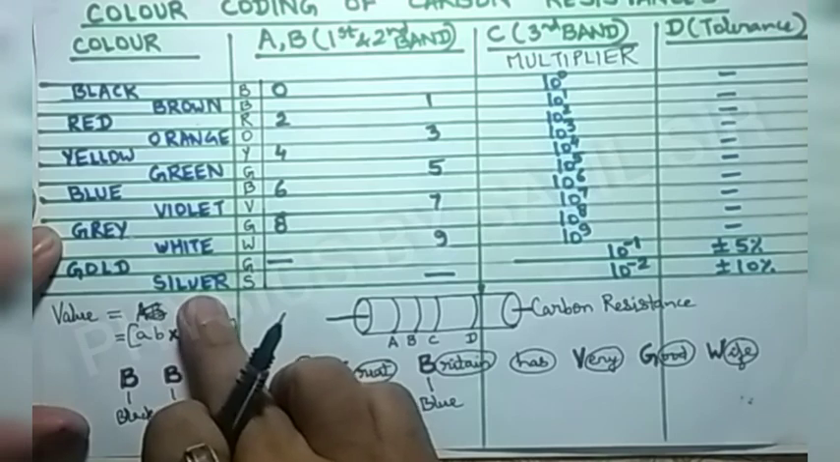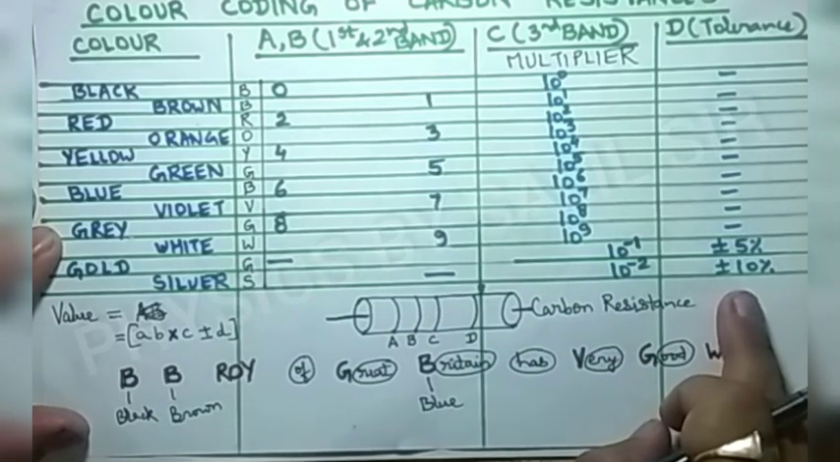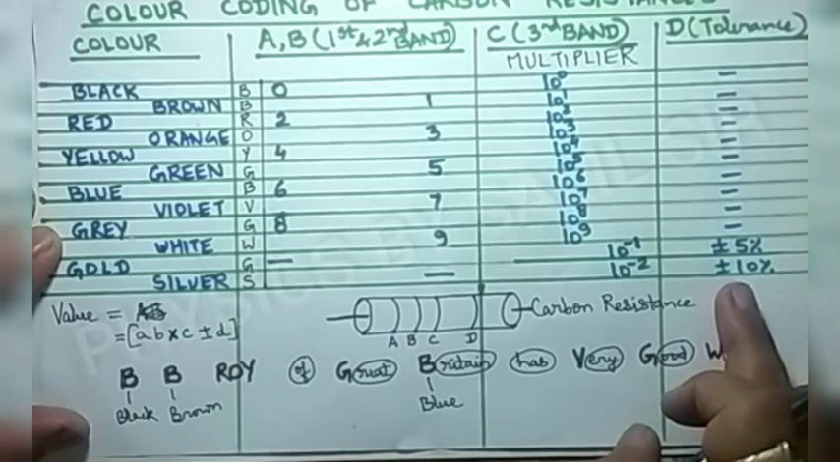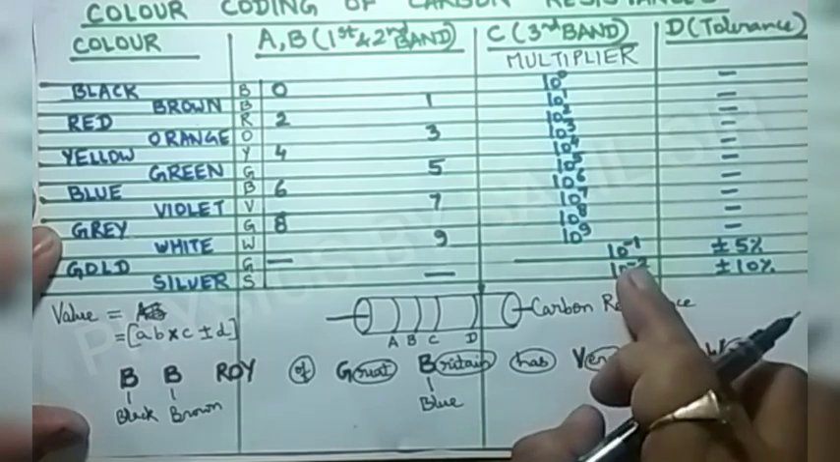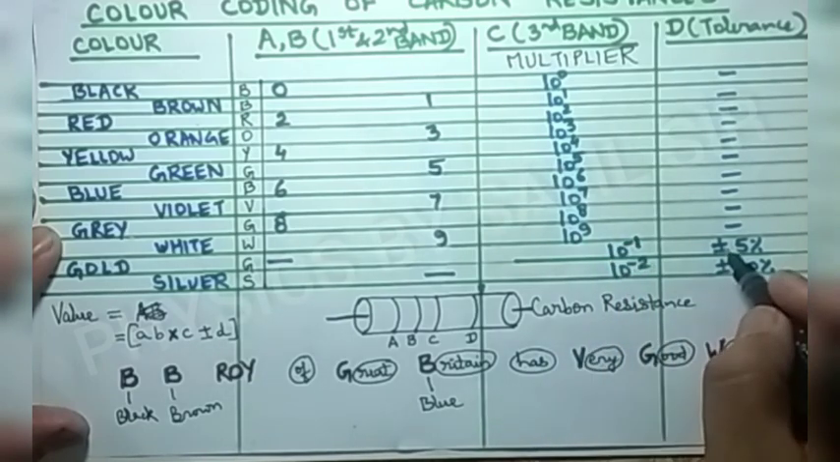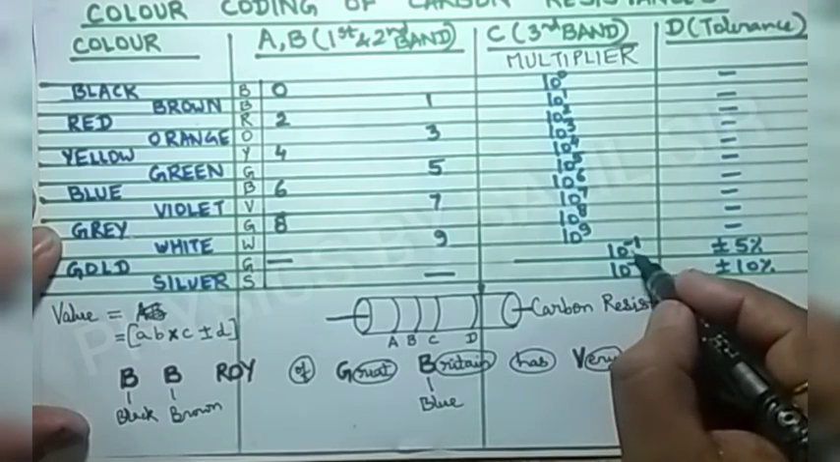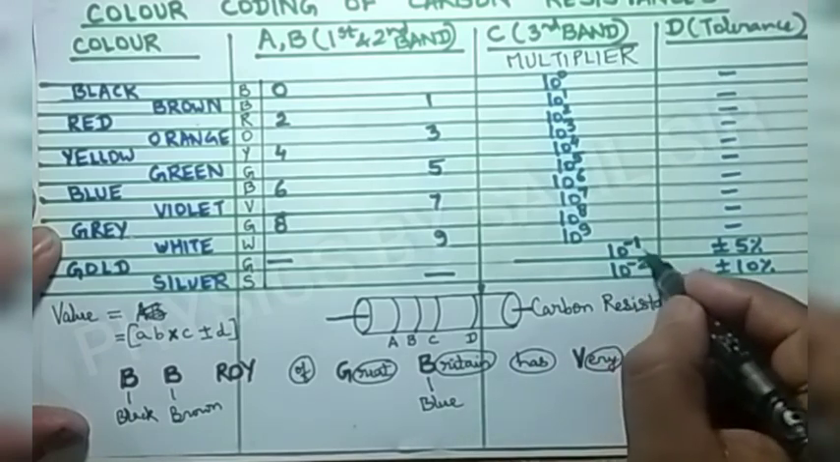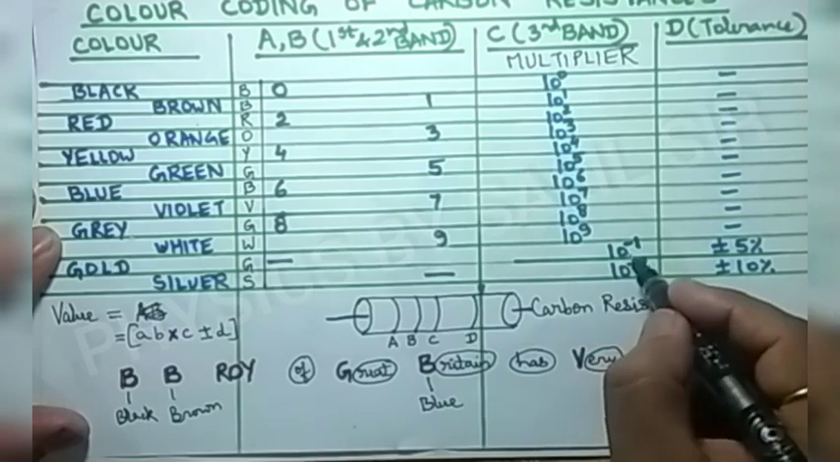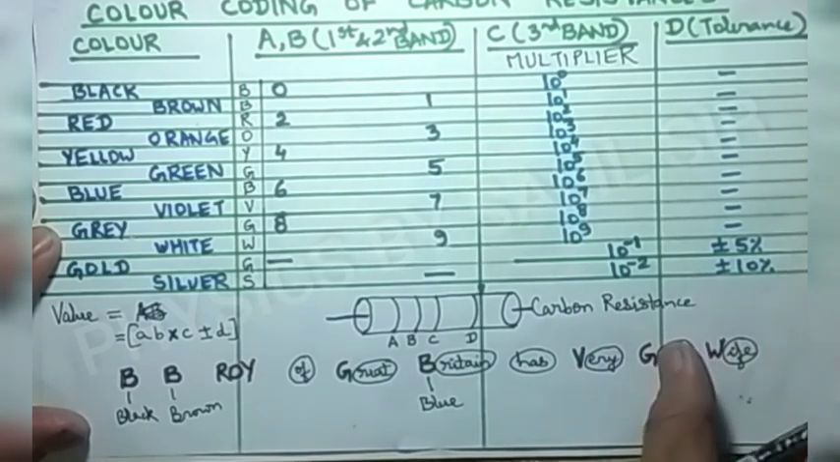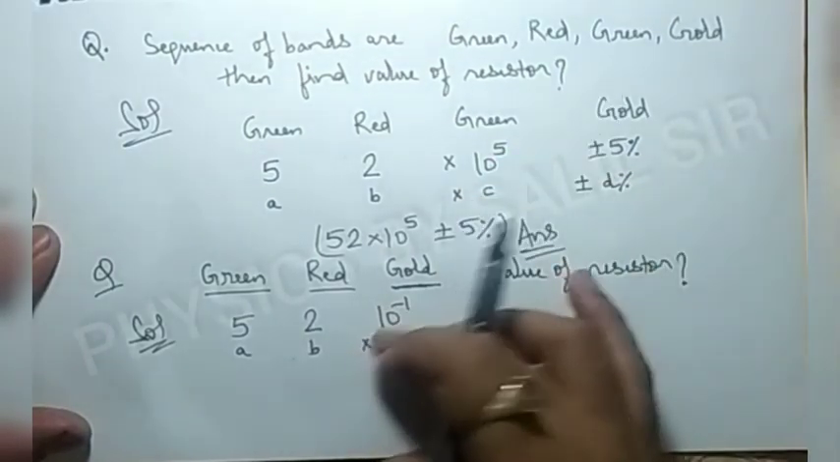And if we get silver as fourth band, then only it will be in the form of tolerance plus minus 10%. Otherwise, if gold and silver come as third band, then we will not use plus minus for gold and silver. We will use gold and silver as the multiplier of the resistor. For gold it will be 10 to the power minus 1, and for silver it will be 10 to the power minus 2. I hope with these two examples